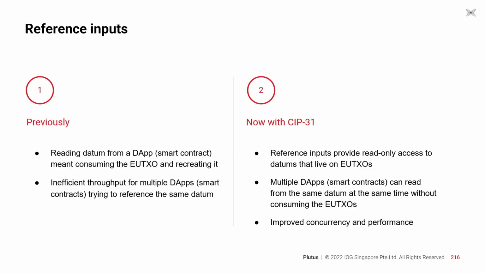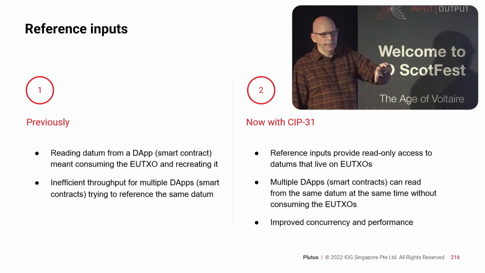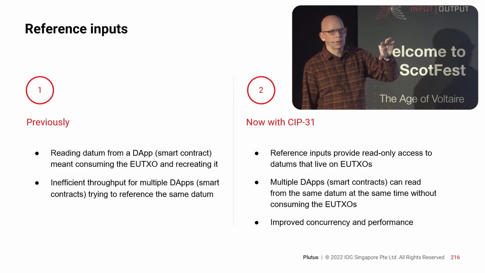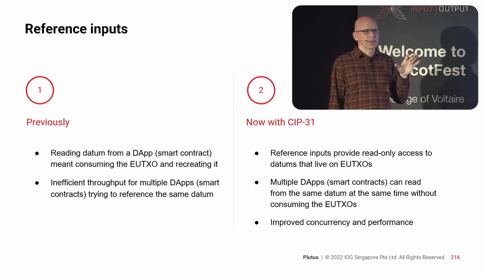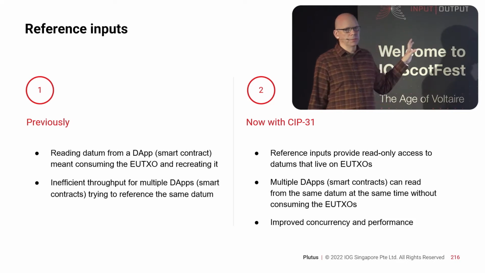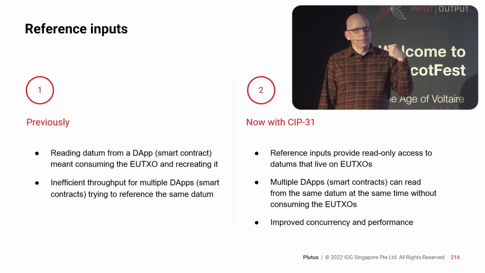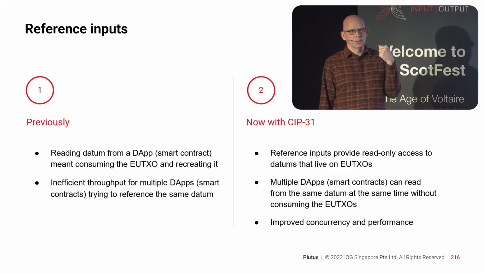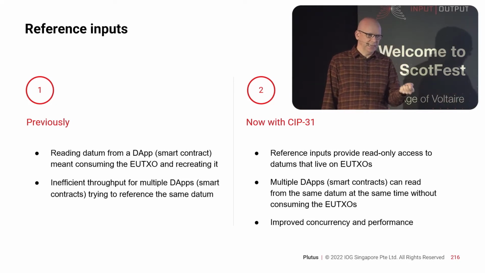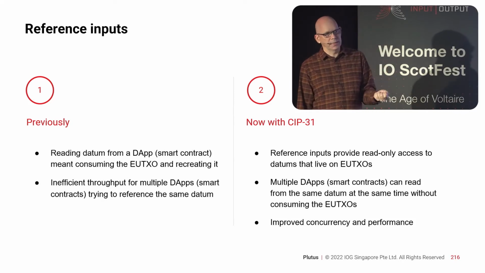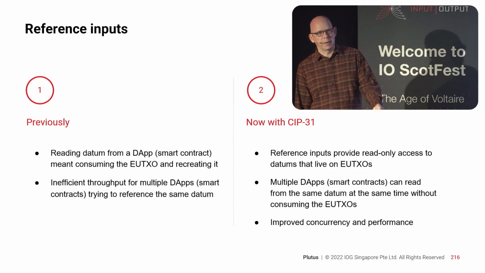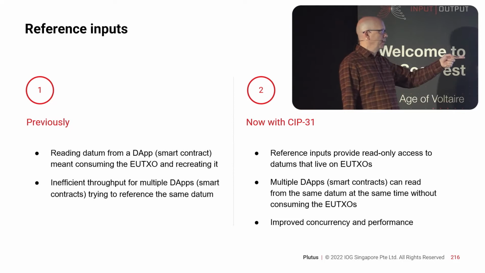So first off, reference input, CIP-31. This is a really nice feature. It modifies the way that UTXOs are interfaced in transactions. So in the old model, UTXOs are coins that you can spend. In the old model, the only way that a transaction or a Plutus script could see the coin or see the value or see the data of that coin is it would be forced to spend it. So in this new model with CIP-31,